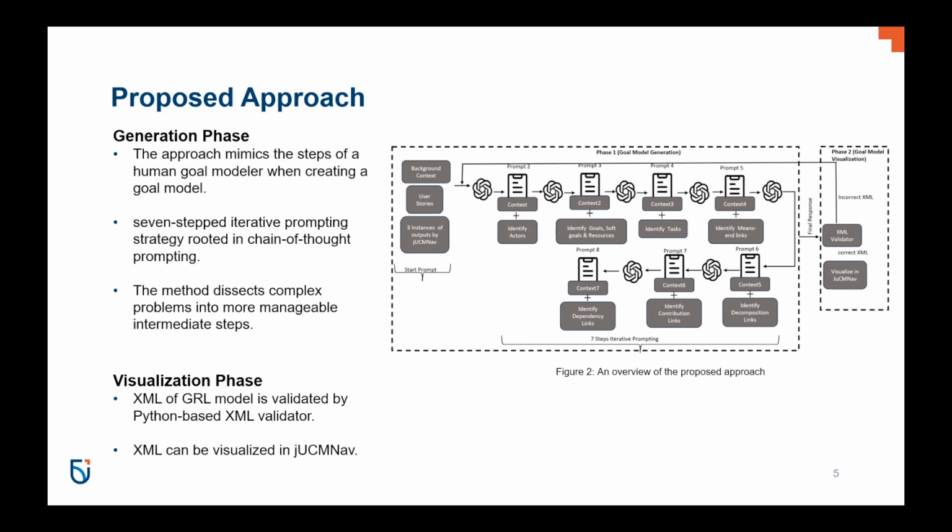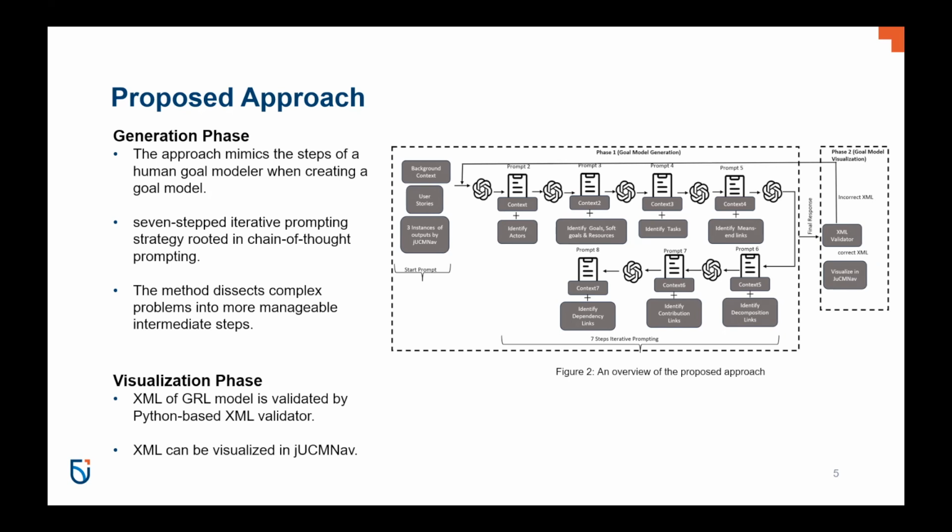This is because typically a human goal modeler follows a set of sequential steps when creating a goal model. Initially, the modeler extracts actors from the user stories, followed by identifying the goals, the soft goals, and the required resources. In the third step, he pinpoints the tasks and the subtasks necessary for achieving these established goals. The final 4 steps involve establishing various relationships, including the means end relationships, contribution links, decomposition links, and the dependency